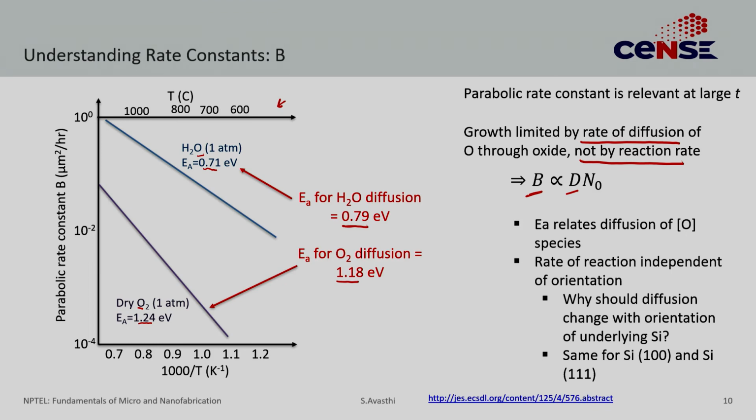Whether silicon is 111 or silicon is 100, the silicon dioxide on top is amorphous. So, if it is amorphous, it stands to reason that irrelevant of what the substrate orientation is, the diffusion will be the same in silicon dioxide, right? If the properties of silicon dioxide are not changing, why will the diffusion coefficient change? So, it makes sense that there is no crystal orientation effect. 111 is the same as 100, unlike before where crystal orientation mattered.